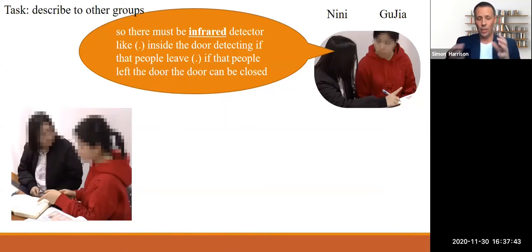They just describe it to each other and kind of still try to figure out the way they're talking about it. And you do feel the pace of this conversation has picked up because they've gone past the sketching stage. They come into this discussion phase. There again, you see the student in Black who can use this term seemingly okay. There must be infrared detector, like inside the door, detecting if people leave. But then when it comes to Red wanting to use it,